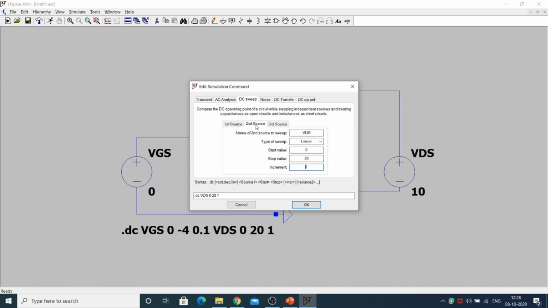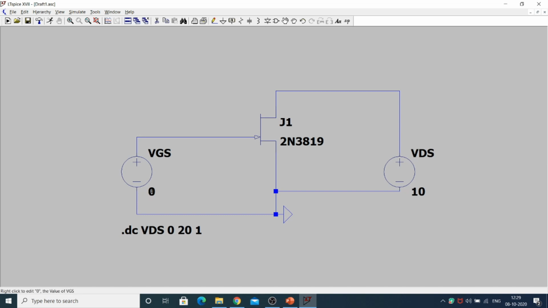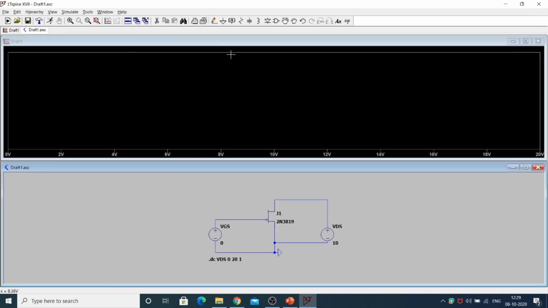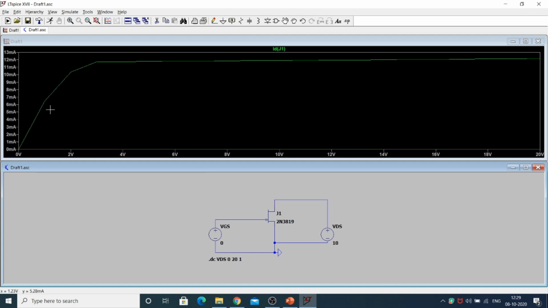The second source will be VDS 0 to 21 volt, okay, and this I kept as 0 and this I have kept as 10 volts. Now I'll run it. Observe the drain characteristics. You are getting the output characteristics. When VGS is equal to 0, the drain current will be 12 milliamps.